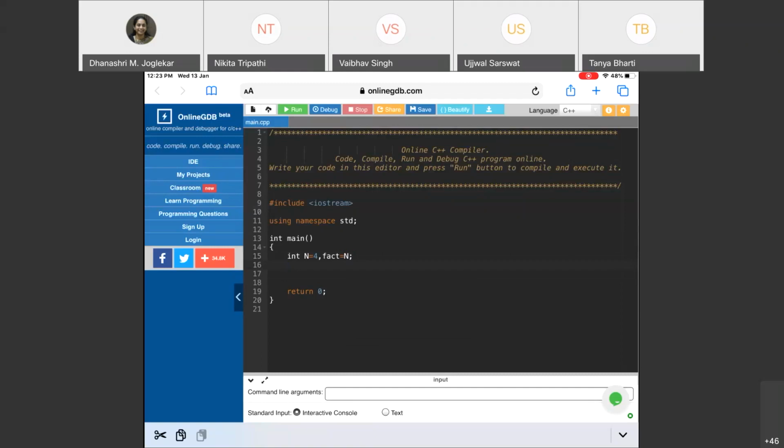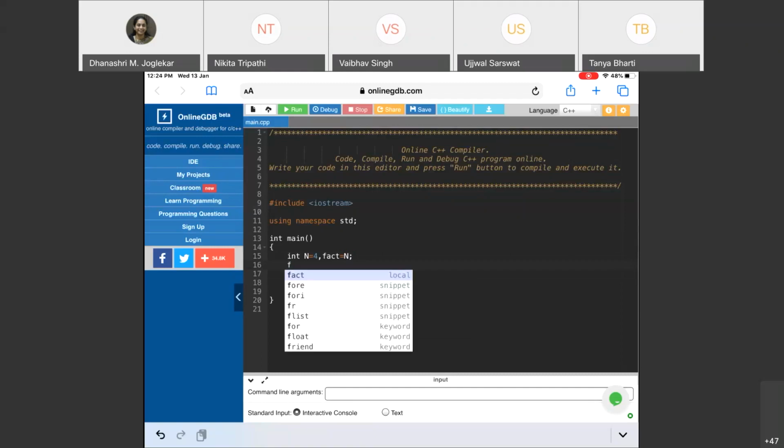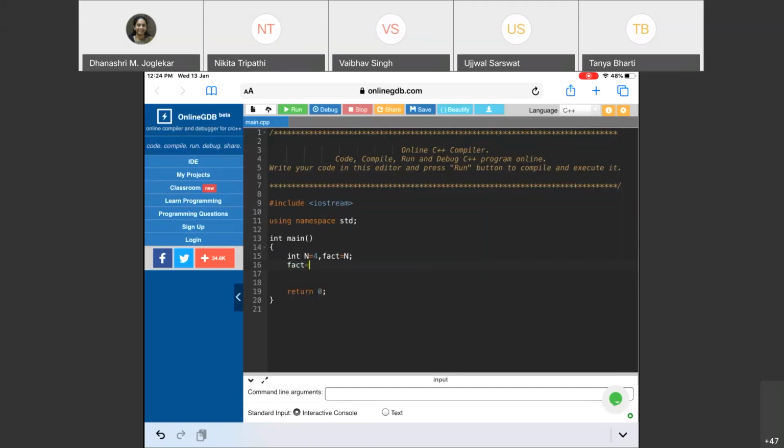Yes. So when we start with the loop on the flowchart, then we write down a call of a function which is going to be recursive. I have to write down this function yet. So I am going to write a function called factorial, which will take in n, which is an integer.